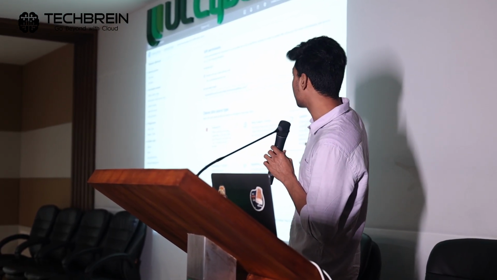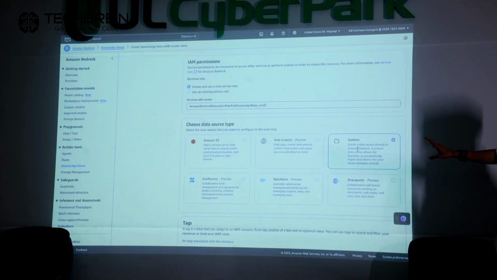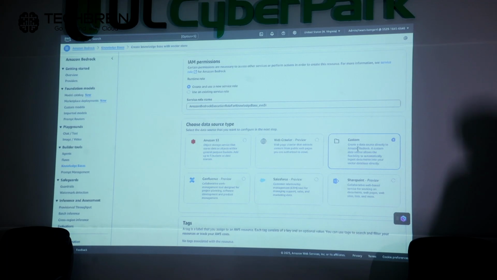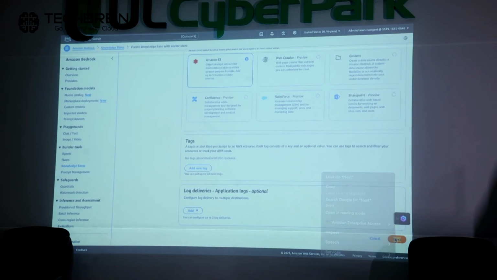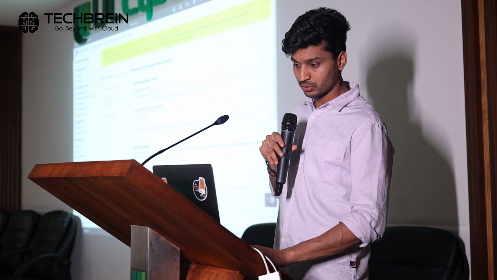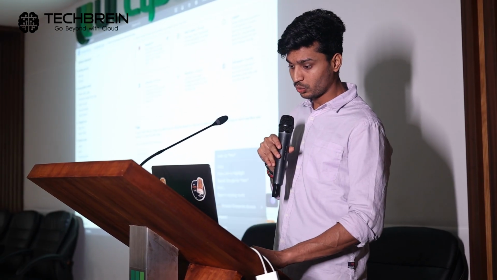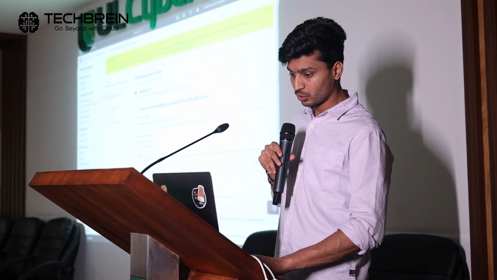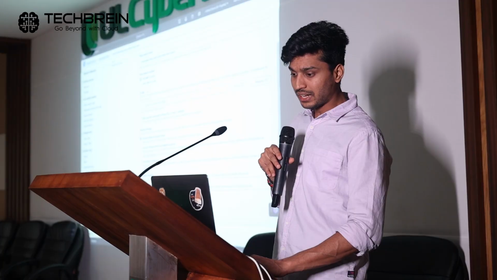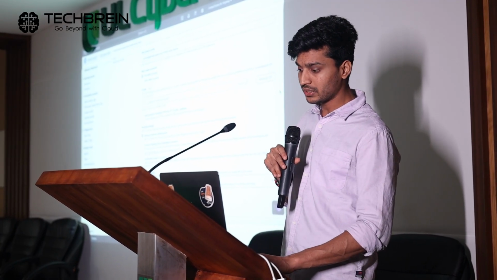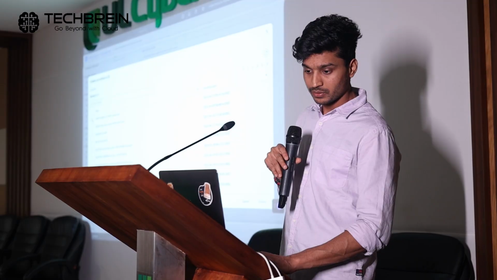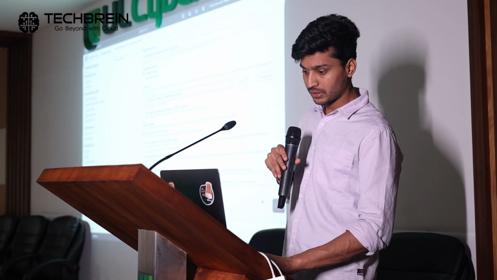Because it's all crawl data if you look into it, it's all unstructured data, it's not relational data. So you can choose any of the data sources. For example, let me choose S3 out there. If I choose S3, I just need to put the name. Okay, it's already created. I can go to next. Next, it asks me for the account where my S3 bucket is. For example, if I go ahead and select any of my S3 buckets,